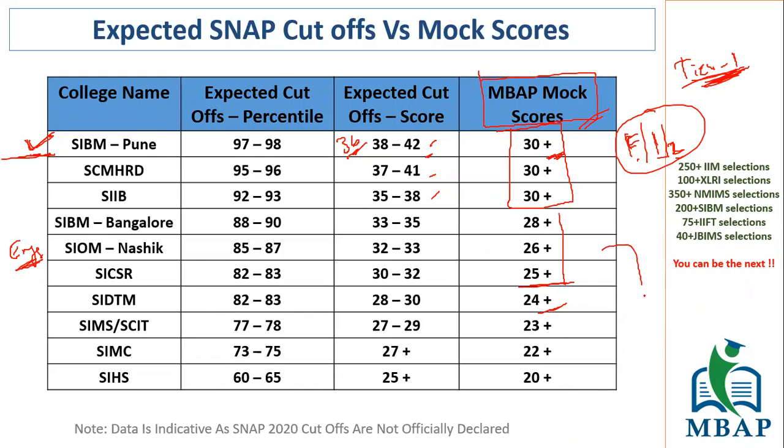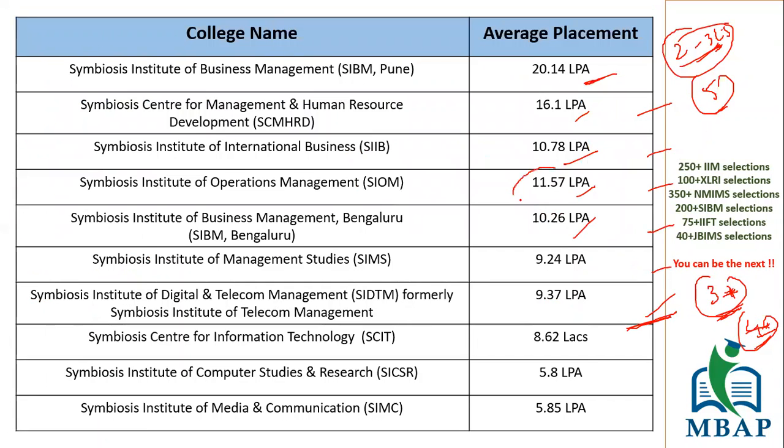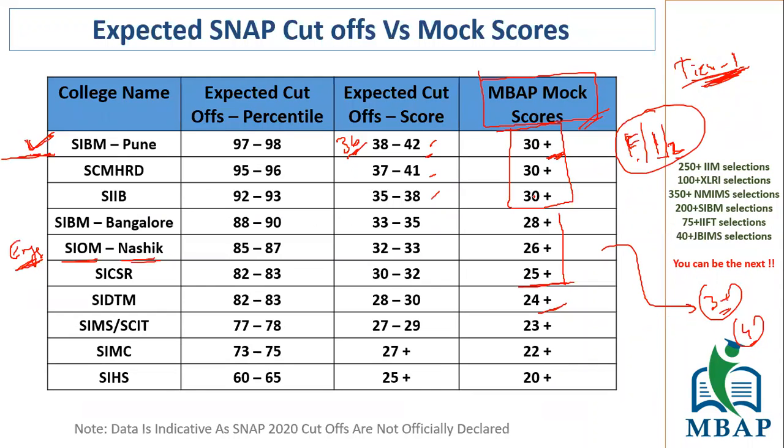To me, this comes down to be a very good backup option for students who have 3 years plus experience and are still struggling at a package of around, let's say, 4 lakh something. There you can still go for SIOM Nasik, because it is going to give you a good package. In fact, over here you see it's close to 12 lakhs that it has reached. So definitely by 2 years from now, the average package might go to 12.5 or 13. So that is definitely a good college that you should be targeting.